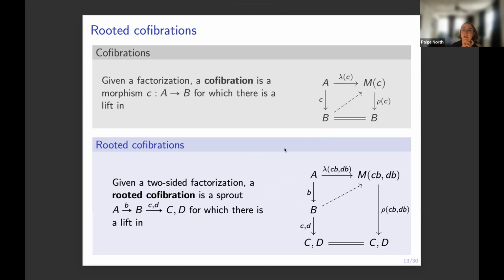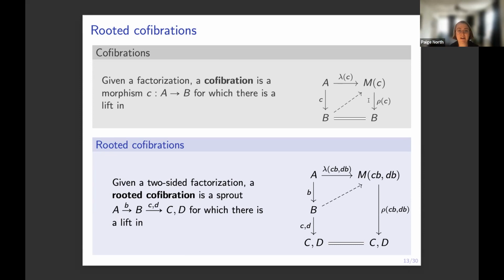Okay, so now I can talk about cofibrations. Classically, a cofibration is a map such that if I factor it and I put the identity here, then I get a lift. Just to be clear, I'm using the word cofibration where usually people use the term left map, and fibration where usually people use the term right map, for just a weak factorization system. So there's no model structure here or anything. But since there's no model structure, I'm just going to use cofibration for left map and fibration for right map, because it's a little bit easier to say. Okay, so that's what's going on classically.